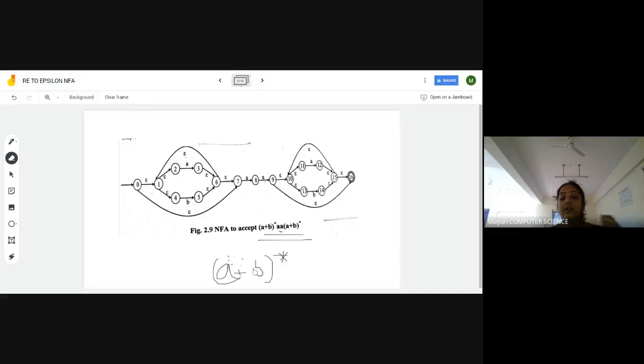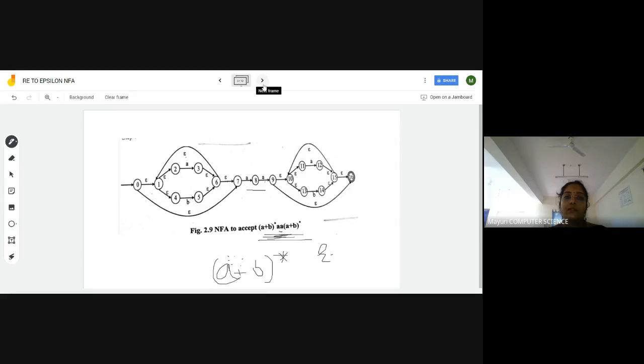even with no input, I may reach the final state. Means my empty input, right? So see, you could see that even with epsilon, I can go to the next state. Then followed with multiplication of two A's that is there in the question, and then your next A plus B star. So you have to remember how to write an epsilon NFA for such kind of basic constructs. So you can refer to the last two videos which I have done, right?